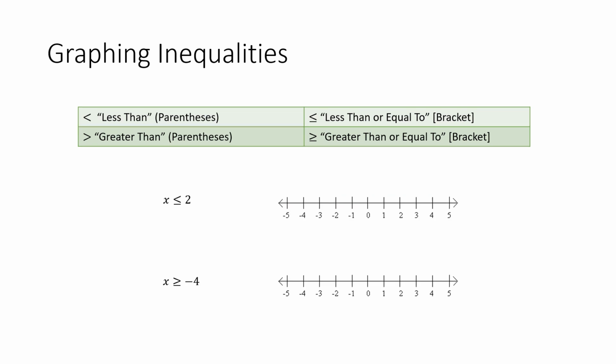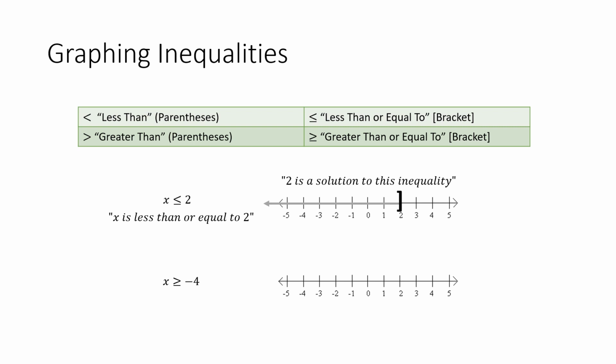All right, let's look at another example. We have x is less than or equal to 2. Here we have a line underneath that inequality. And so that means when we graph, we're going to be using a bracket. And also what this means is that 2 is a solution to this inequality. So that's what triggers that we're going to be using a bracket. Since x is less than, that means it's going to be smaller than 2. It's going to go towards the negative numbers. So we're going to put a bracket at 2, and then we're going to be drawing our line